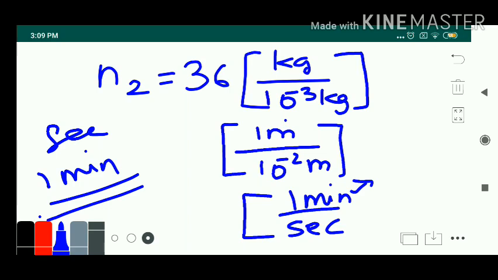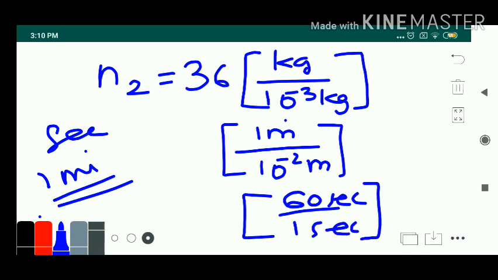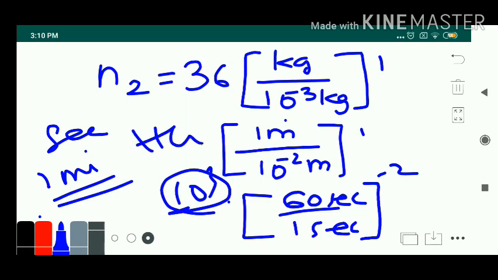Clear? So here I will write, remember I'm going to change it, guys. In the numerator, which was initially in minute, I'm going to write 60 second. In the CGS system it is second in the denominator. Here now I'm going to give powers. It is M L T raised to minus 2, so minus 2. Now the calculation you guys can do. Around you will get 10 to the power 3, I think. Or this is also your homework. I want you to find the numerical answer for this. Clear? I hope you understood what is done.